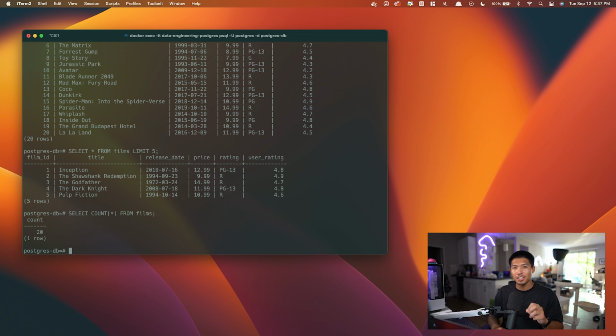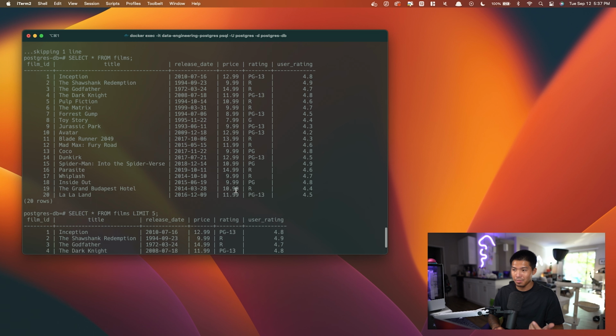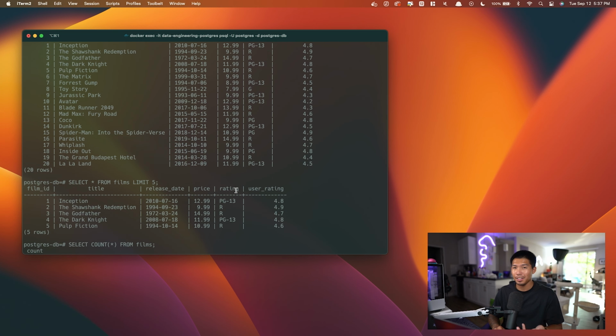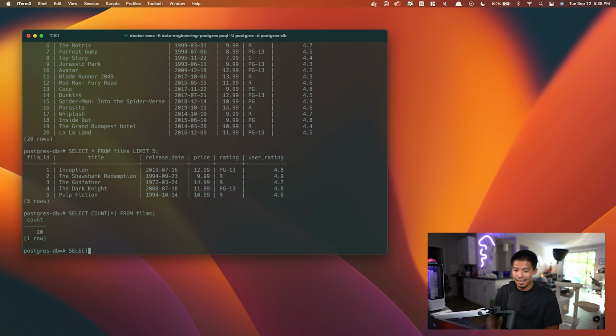The next aggregate function we're going to look at is going to be the sum function. Now we would use sum to calculate the sum of all the numbers in a numeric column. So if we take a look here, we have a prices column. So now if we wanted to, let's say, calculate the sum of every single price in this column, we would say select sum. Inside the parentheses, we would say price because we want to use the price column from the